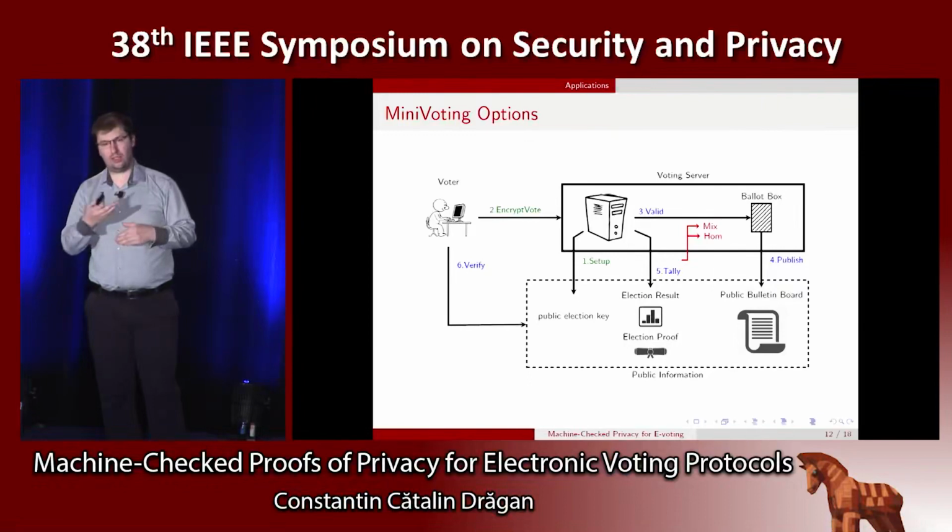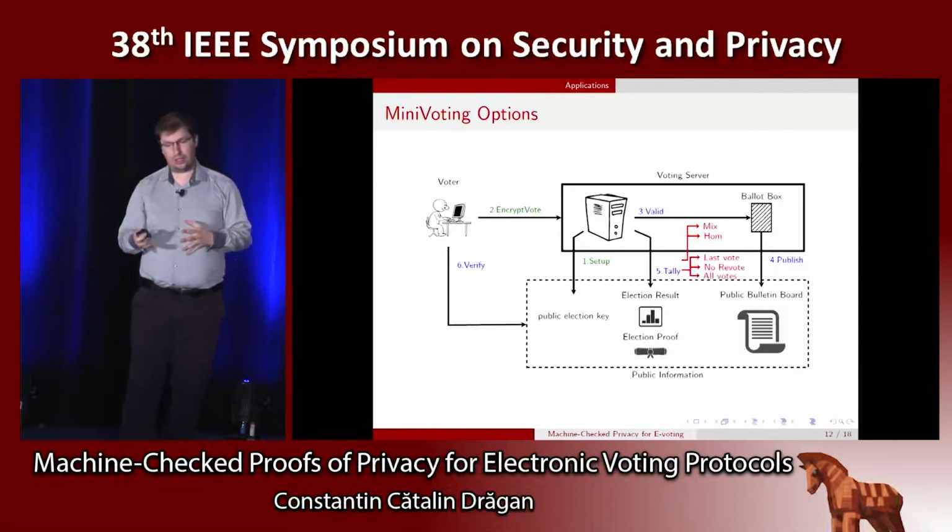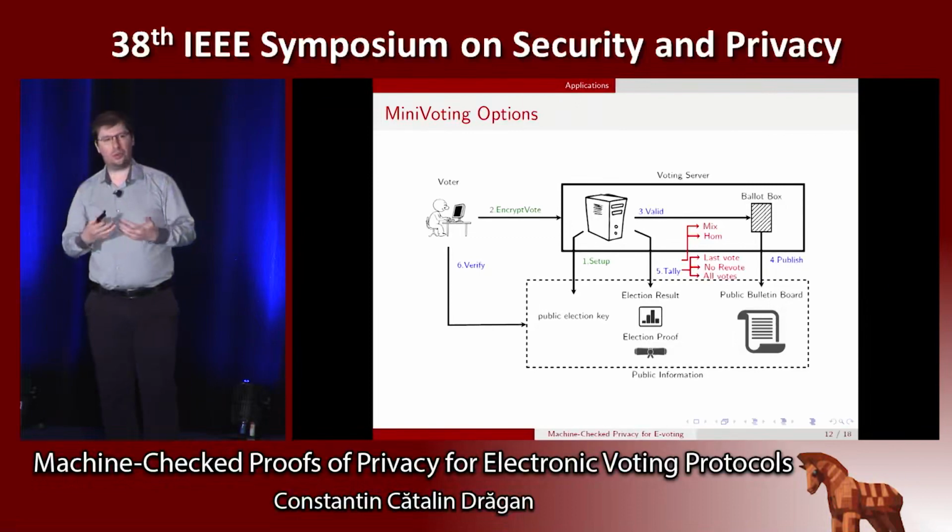And for mixnets, you have a sequence of mix servers that reshuffle the ballots, and then they do the final decryption. In addition to that, you may also like to decide which vote to keep. In real binding elections, they don't allow revoting, so you're forced to vote only once. But in internet and academic protocols, you can revote multiple times with just a keep-the-last-vote policy, for example, or you can do something like just keep everything.